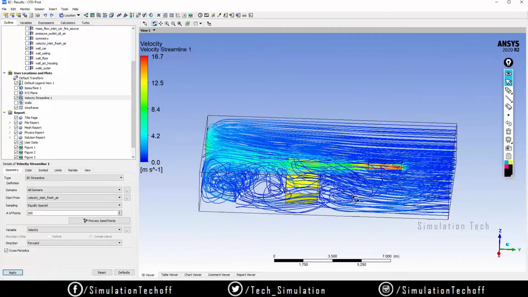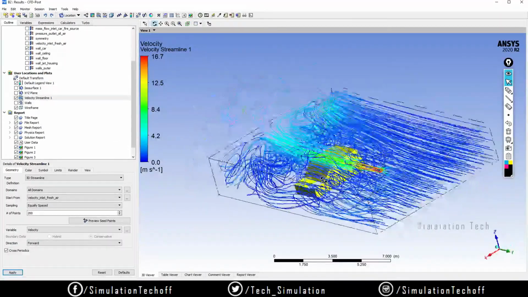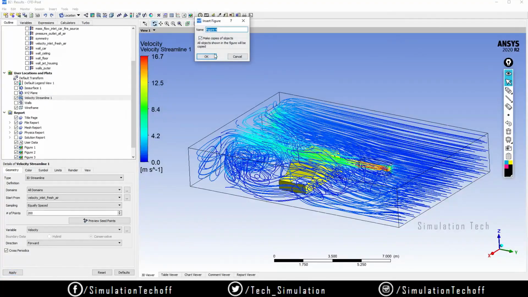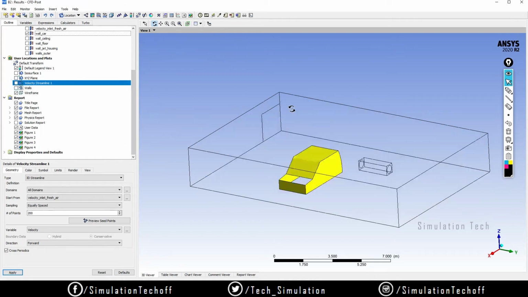Okay, so this is the streamline method. You can also take it as a screenshot. I'll make it screenshot number 4. That will be saved in here itself. So I just turned it off. And next,